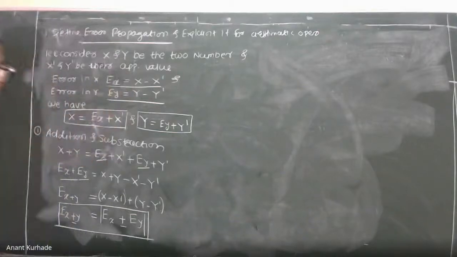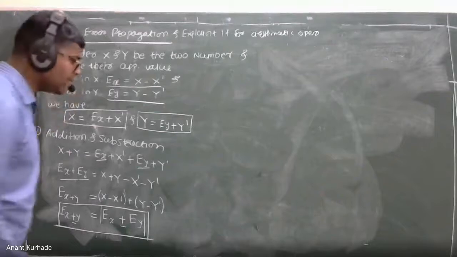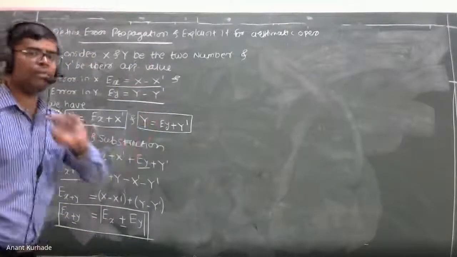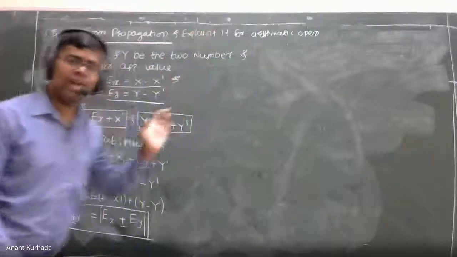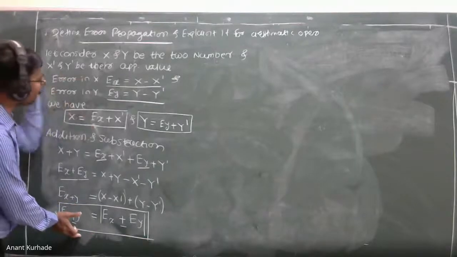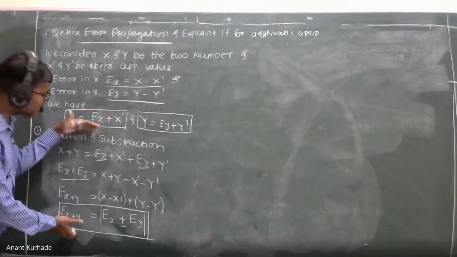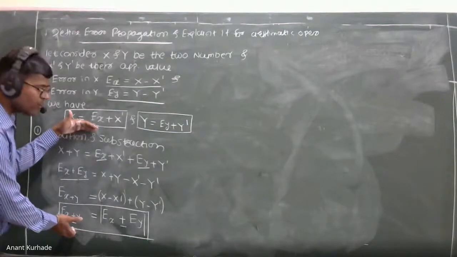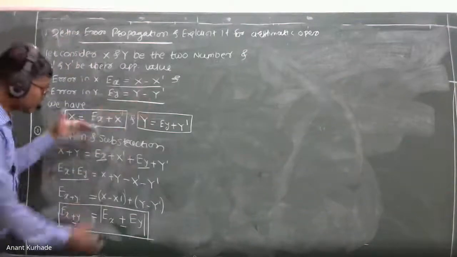It is very simple. Now see, in the exam, if you have a question for 4 marks, define error propagation, explain it, then don't show this part. You can just define. You can write up to this and it's very simple. It is for 4 marks, 2 marks for this definition and 2 marks for this.